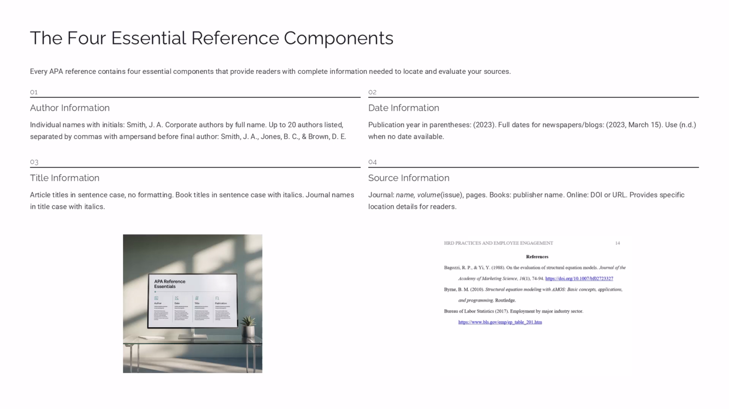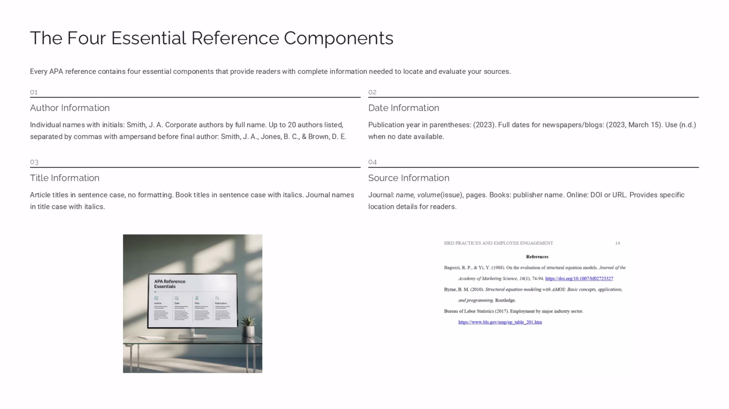For books, the title appears in sentence case with italic formatting. The italic formatting distinguishes book titles from article titles in reference lists. The fourth component is the source information, which tells readers where to find the work you've cited. Source information varies significantly depending on the type of publication and provides the specific details readers need to locate your